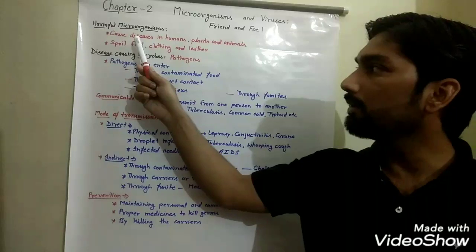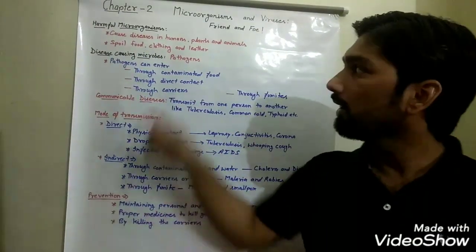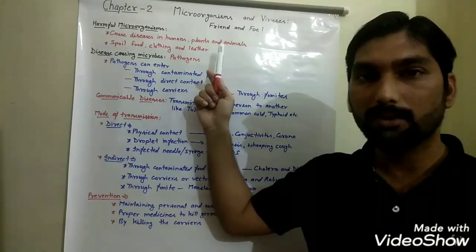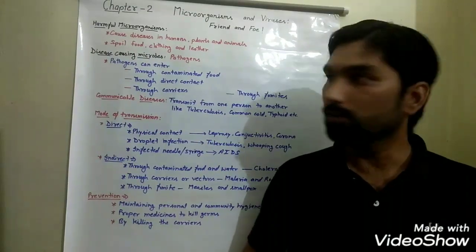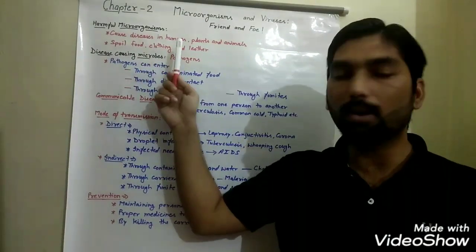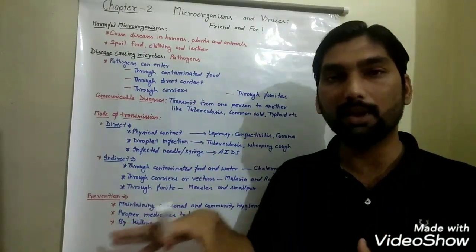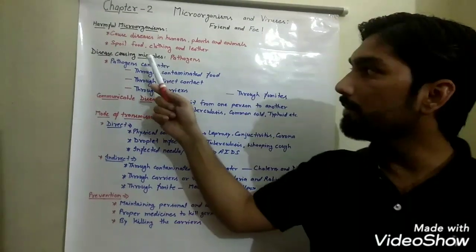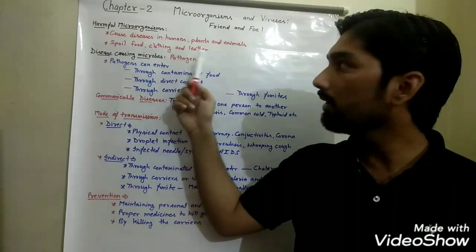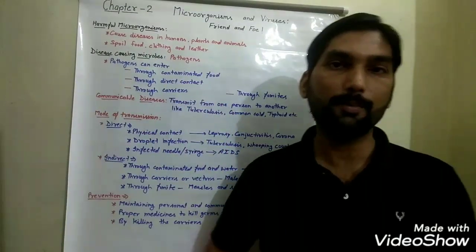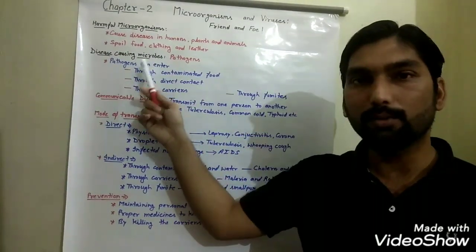The first one is by causing disease in our body or in the bodies of plants or animals, since they are natural resources given by nature to us. So they create many deadly diseases in plants and animals, including us, and in this way they harm us. The other one is what? They spoil our food materials, clothing and leather materials too. So first we will see the disease causing microbes.